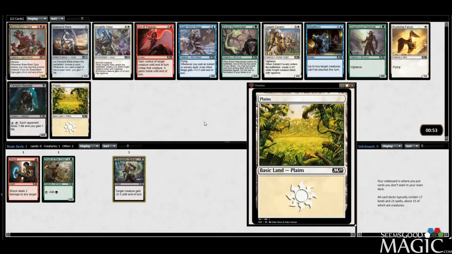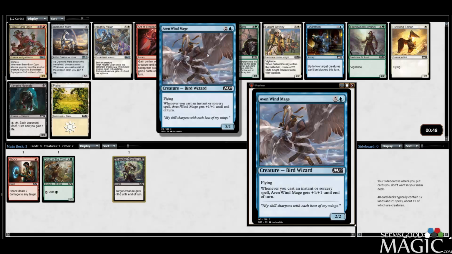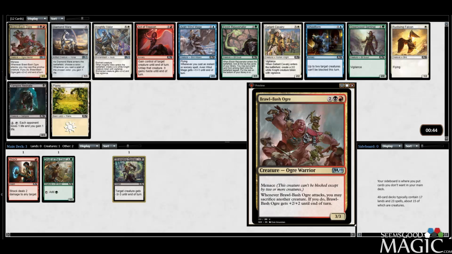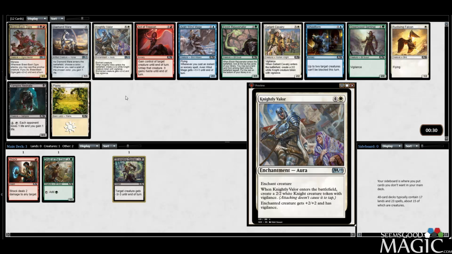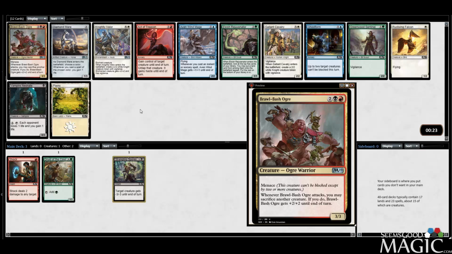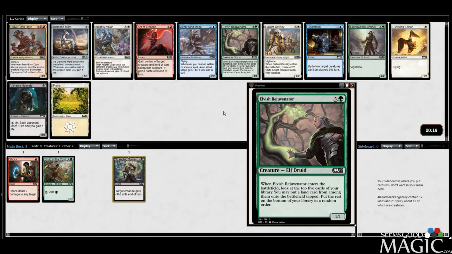Okay, best card in this pack. We have Aven Windmage, which is pretty good. Brawl Bash Ogre, I guess, is kind of on color. There's a Knightly Valor, which is good. I don't think Brawl Bash Ogre is all that good. I think it's okay. 4 mana, 3/3 menace with potential upside is alright. I like the Cavalry. I think Rejuvenator is pretty good. Yeah, I'm not sure what the best card in this pack is, though. Certainly not a red card, so...